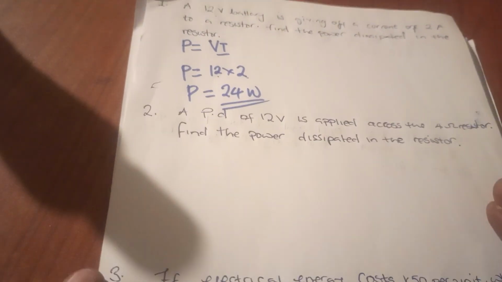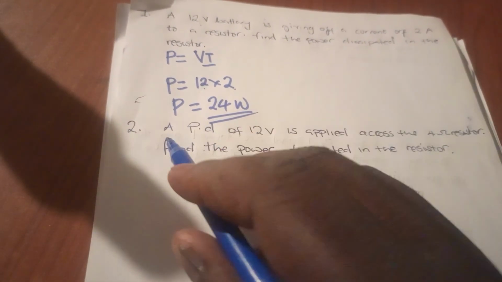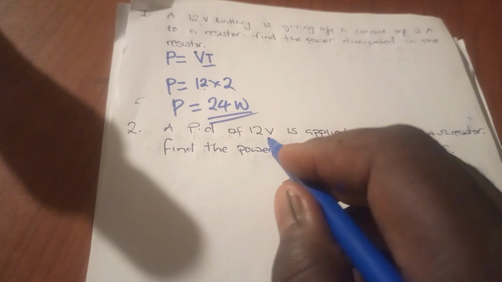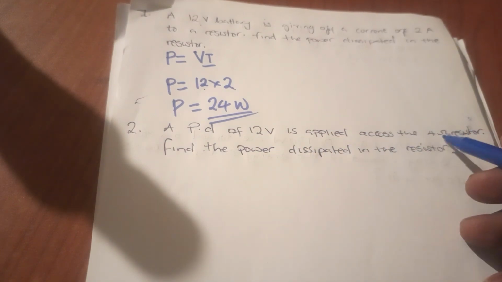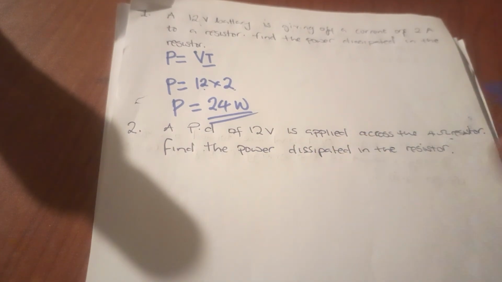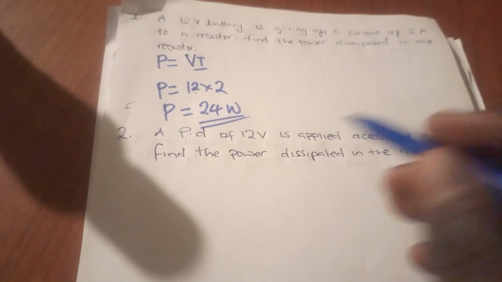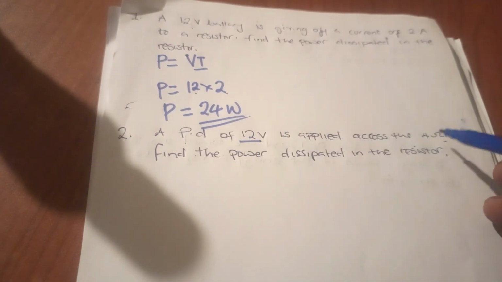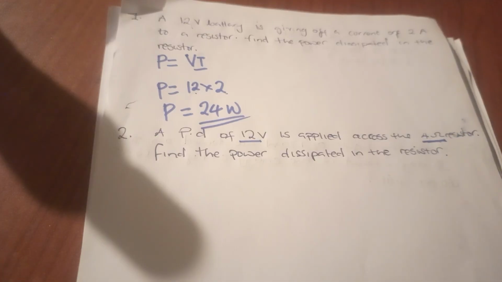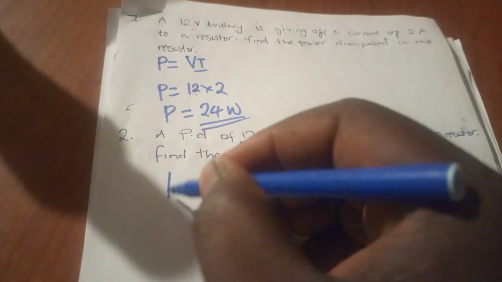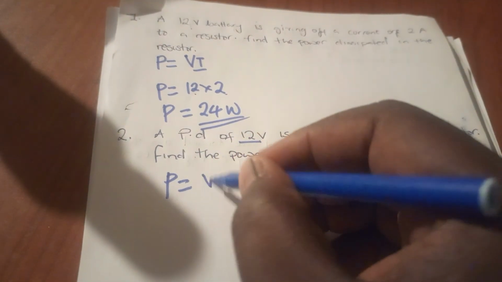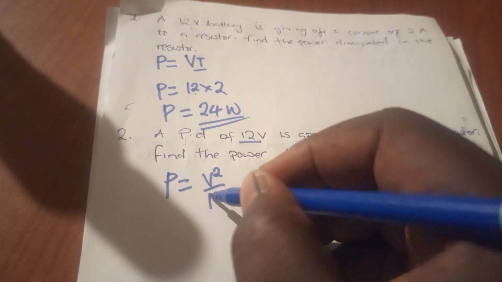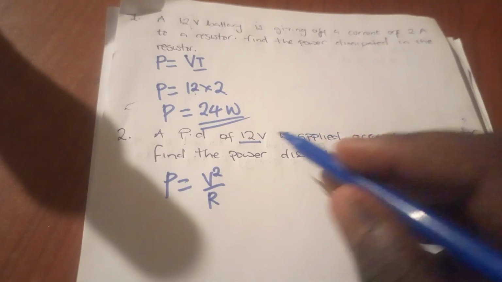Then I'll go to question 2. Question 2 reads, a PD of 12 volts is applied across the 4 ohm resistor. Find the power. So as you can see, in this question I have voltage here and this resistor. So I need to come up with a formula to use. Remember, I mentioned a little formula for power. So on this one, I'll use power is equal to V squared over the resistor, since I have voltage and